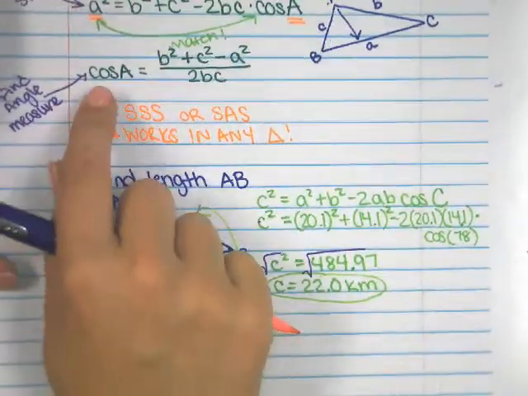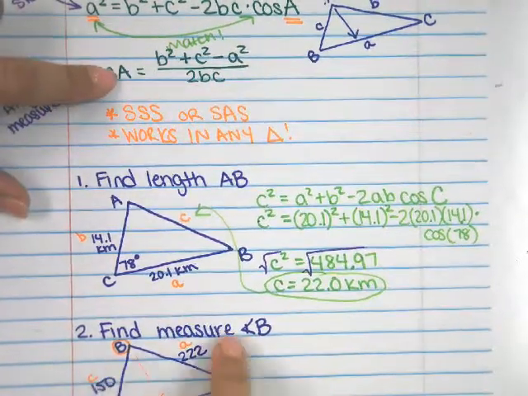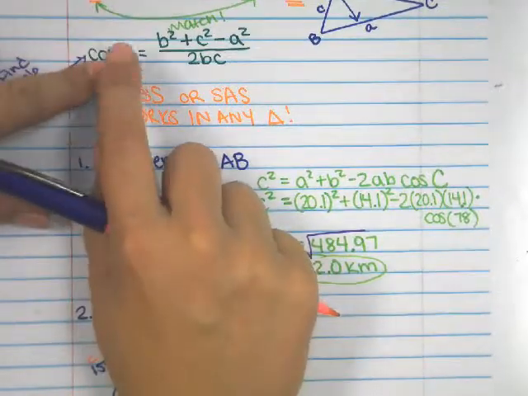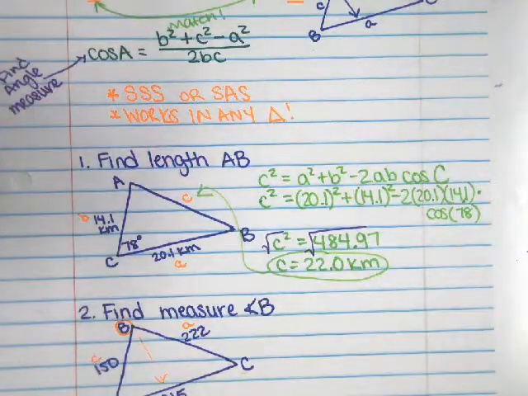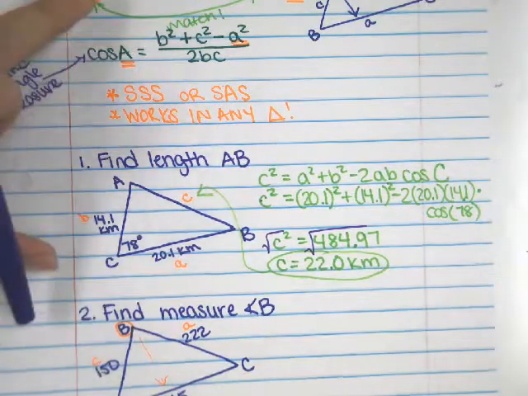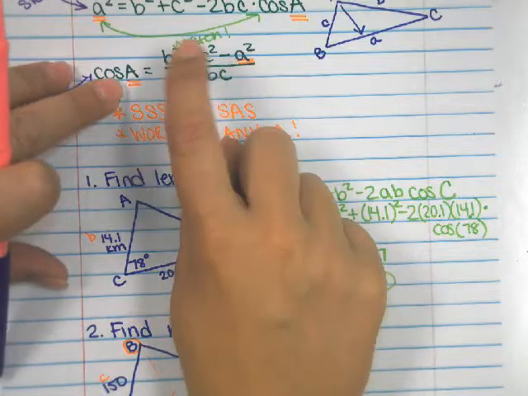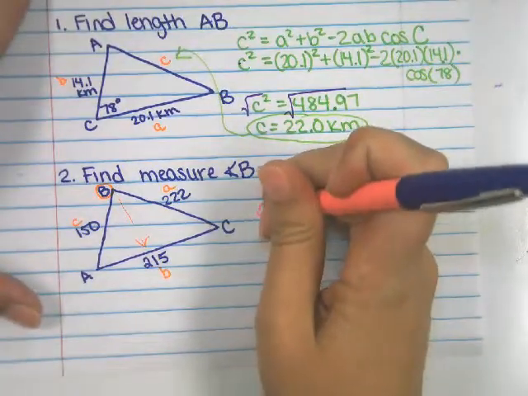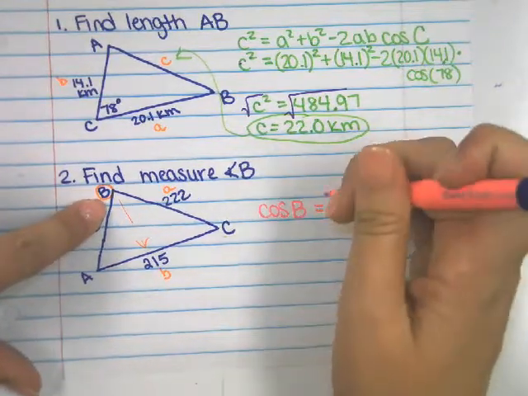Since I'm finding an angle, I'm going to use the second formula, this one. But it's not angle A that I'm trying to find. I'm trying to find angle B. So if I want to put a B here, then where I see A over here, I also have to put a B. This has to match with that. So if I want to find B, this here has to also be a B, and these are the other sides. So I'm going to change this to cosine B, because that's what I want to find, equals